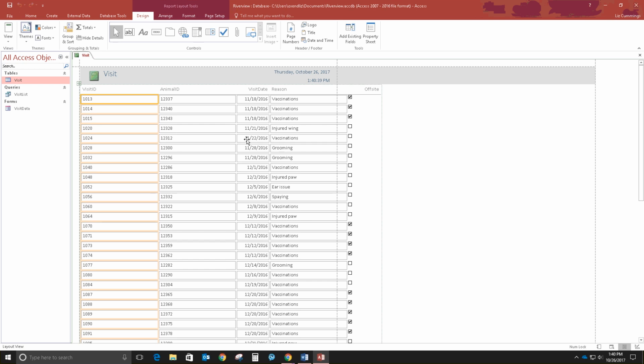So from this, it just takes the information that we had in our table. It puts it in a more user-friendly format, something easier to read. Other than just printing it out, it gives you options to have headers, put your business logo, things like that, okay? The thing here that we have to be careful with is to make sure that our information is inside